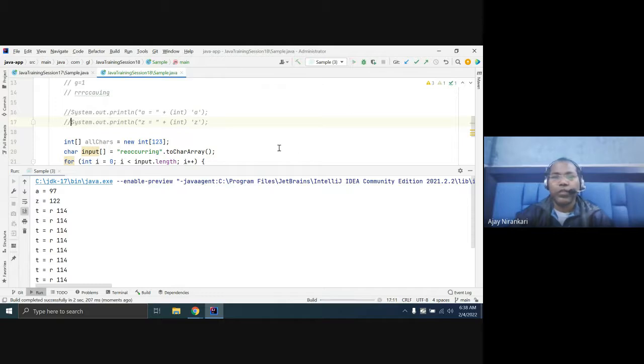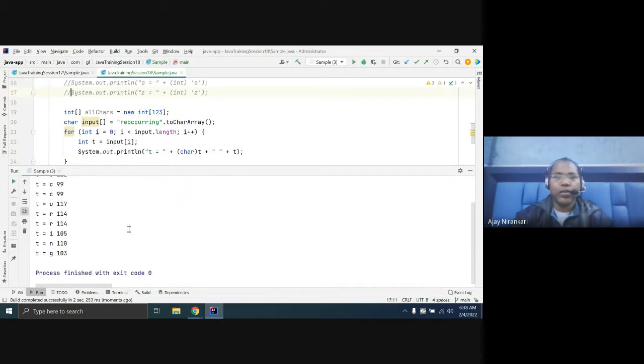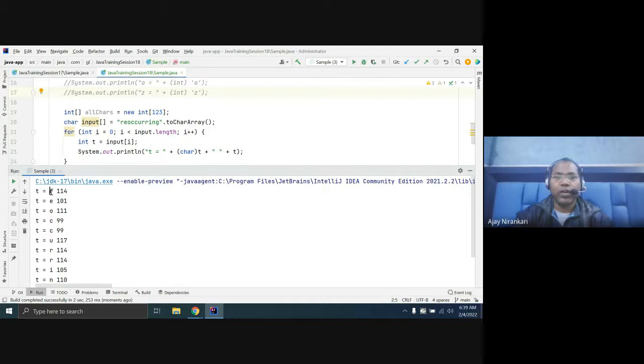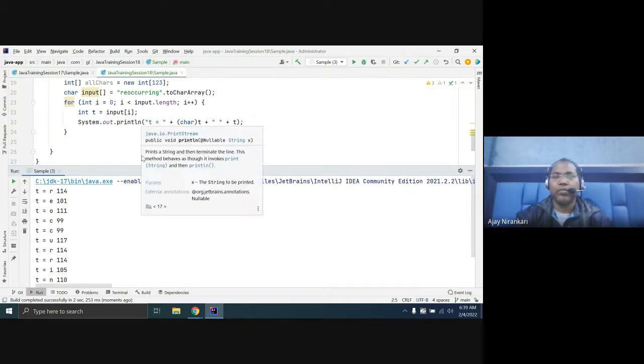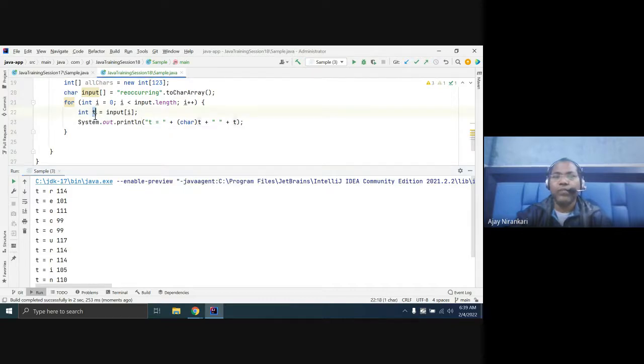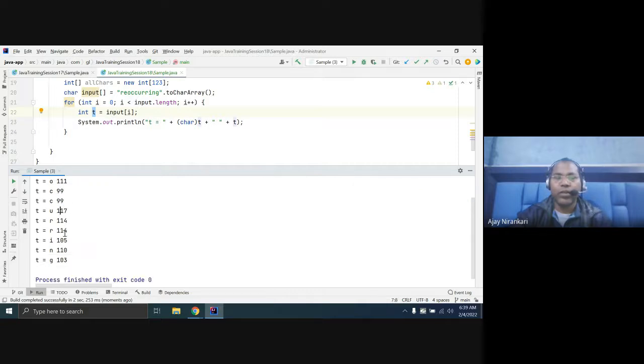So first we notice we are able to figure out all our characters and the corresponding ASCII values. Your T by default returns the ASCII value for each character: 114, 101, 99, 114, 114.